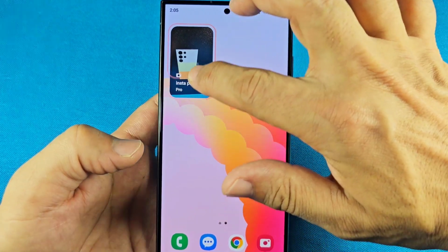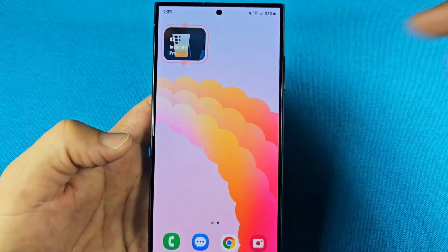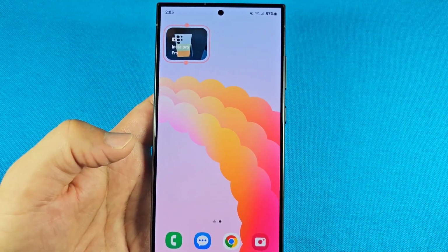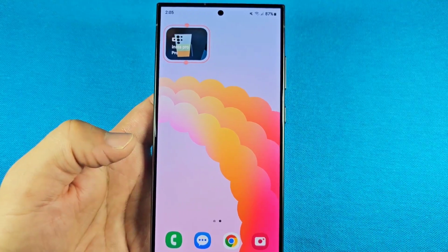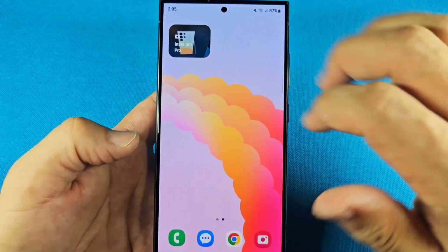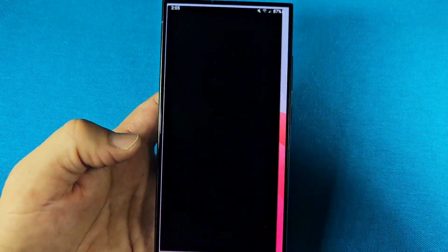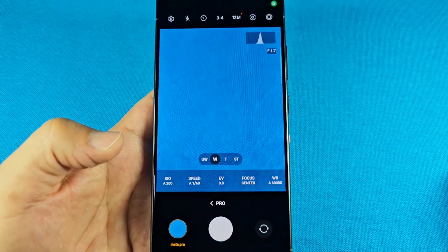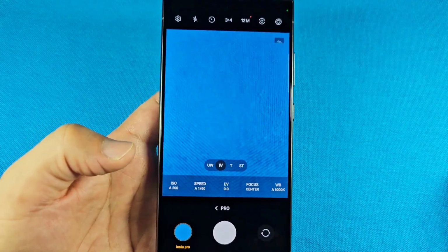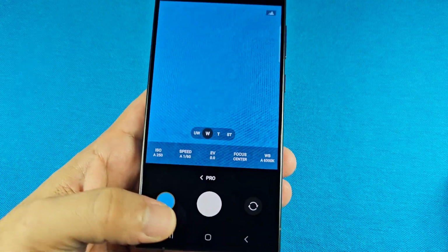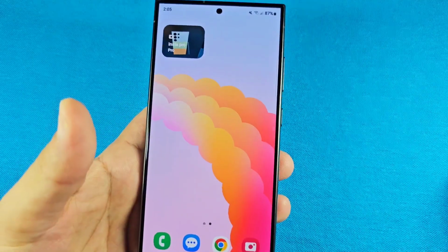And you can shrink the size of it if you want to, and then create multiple widgets for different camera modes. And of course, you'll need to name them so you know which one is which, okay? So what's going to happen now as I select it, it's going to take me straight into the pro mode for me, okay? That's going to be really awesome, very useful,